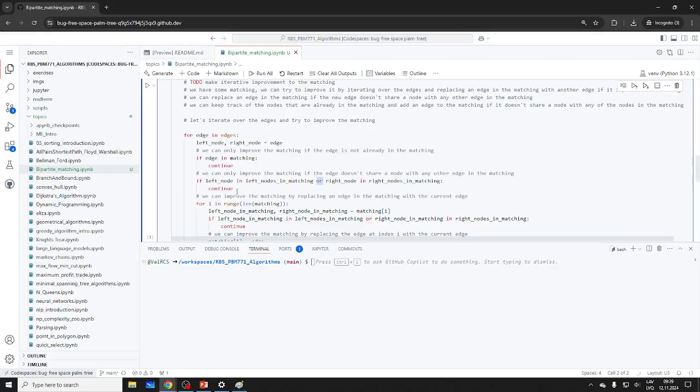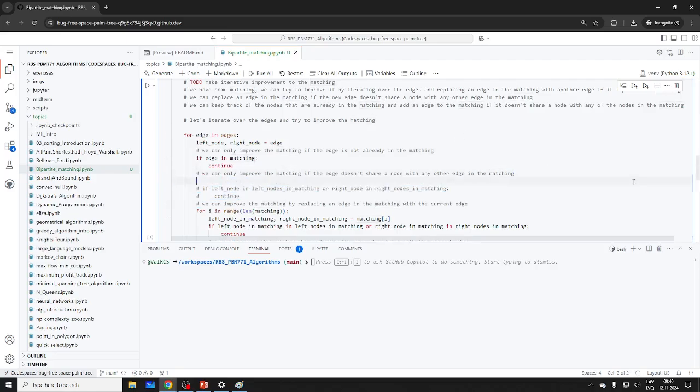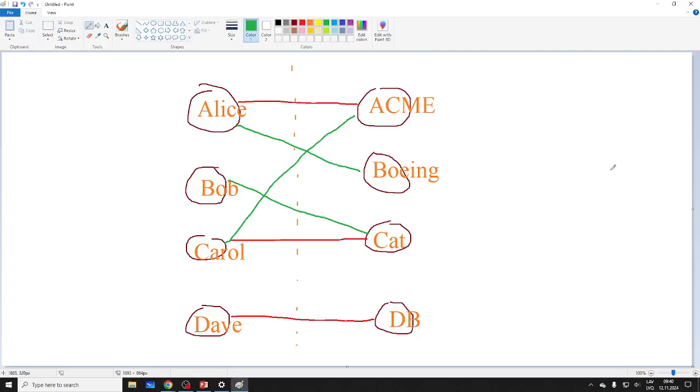So this looks like it's going to make it loop through. So I'm going to leave it off actually. For now I'm leaving it off, since it assumes again Alice, Boeing, so we need to find somebody